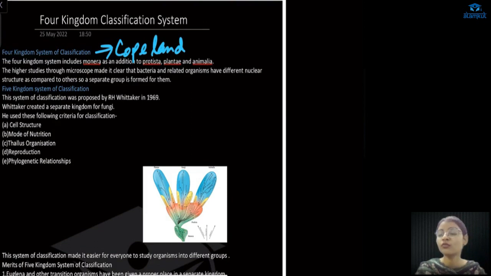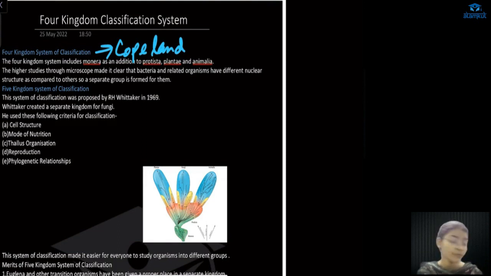He has included one more group. Which group did he add? In addition to Protista, Plantae, and Animalia, monerans were included. Monerans were unicellular, and they were bacteria and archaebacteria. All these unicellular organisms were included in kingdom Monera, and this was given in the four kingdom system of classification